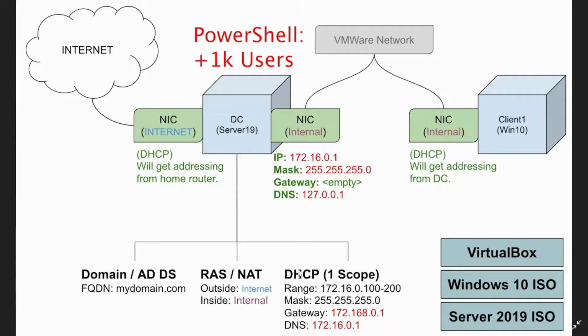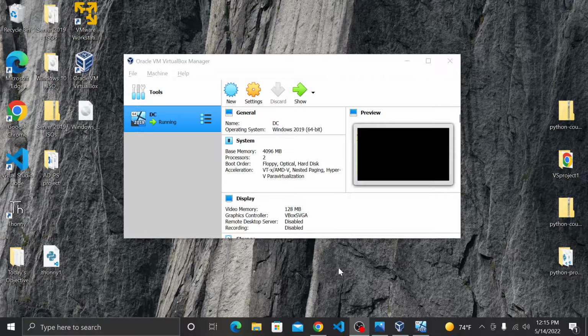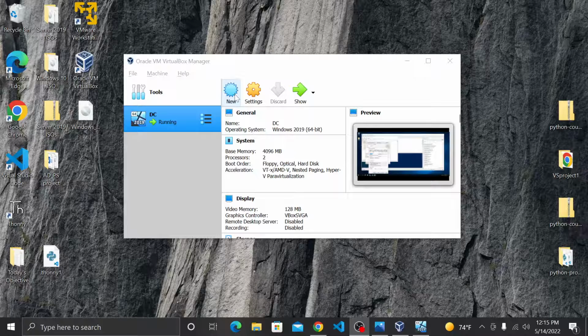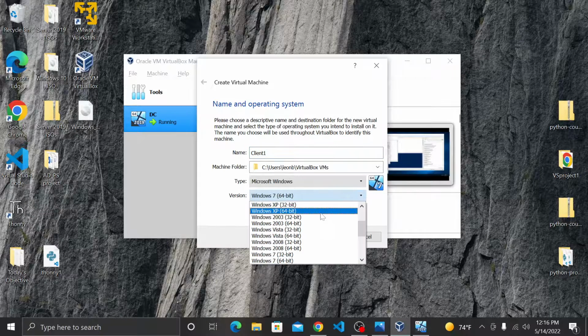Okay, so the next thing on our list here, let's go ahead and minimize our domain controller virtual machine and bring up VirtualBox again. That way we can create our Windows 10 machine. So let's go ahead and click New. And we're going to call this one Client 1, like we have in our diagram. This is going to be Windows 10